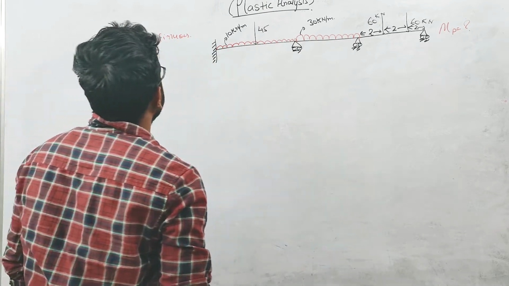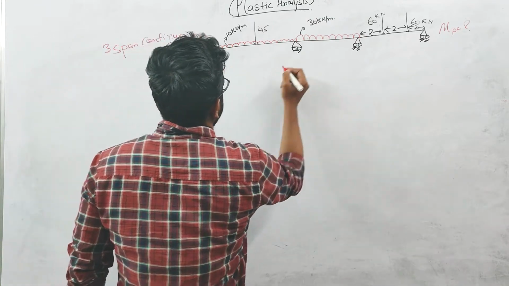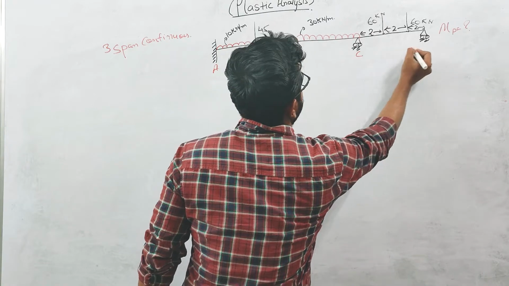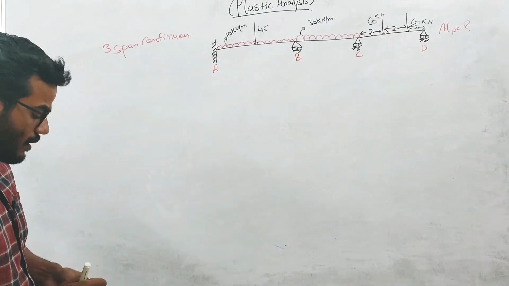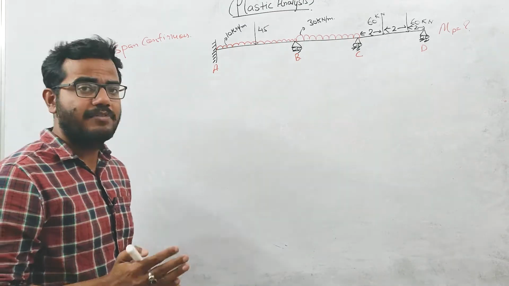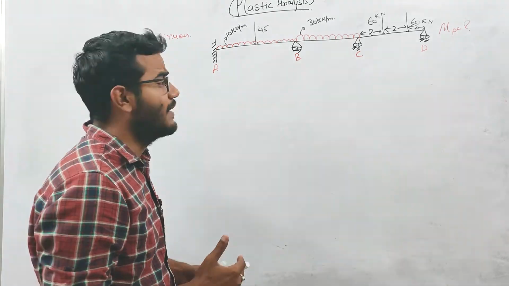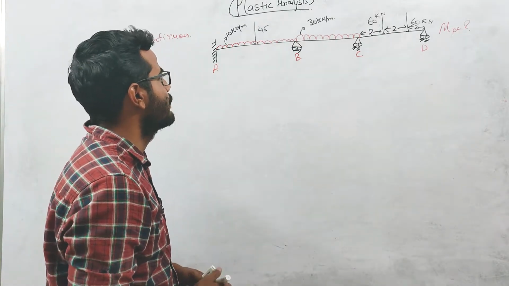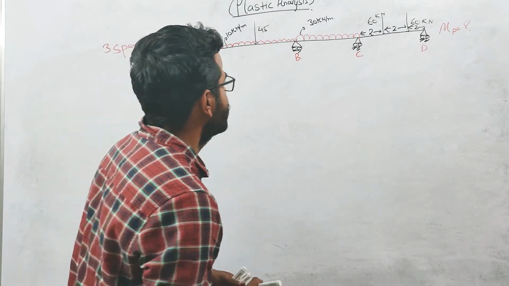This support is A, this is B, this is C, and this is D. As you can see, we need to calculate the plastic moment capacity for this beam. First, we need to identify whether this structure is statically indeterminate or determinate. As you can see, this continuous beam is statically indeterminate, and this static indeterminacy